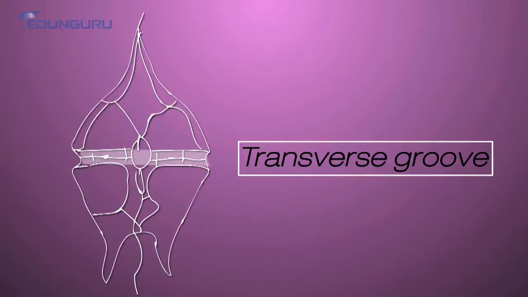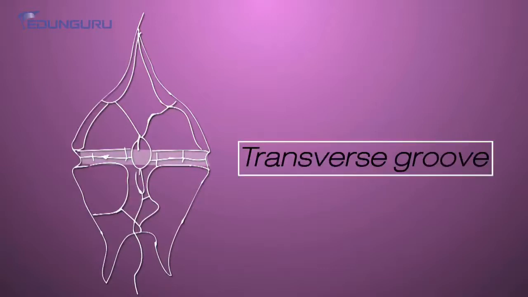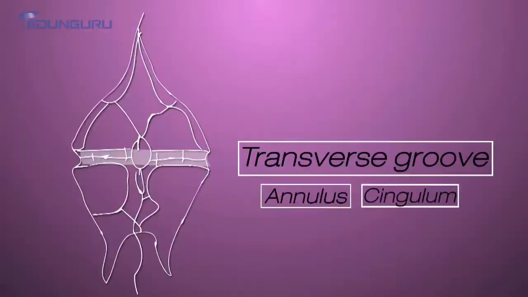What is the name of the longitudinal groove? The name of the longitudinal groove is the sulcus. So this is the sulcus, okay. And the transverse groove is what we call the annulus, and it is also known by another name, the cingulum,